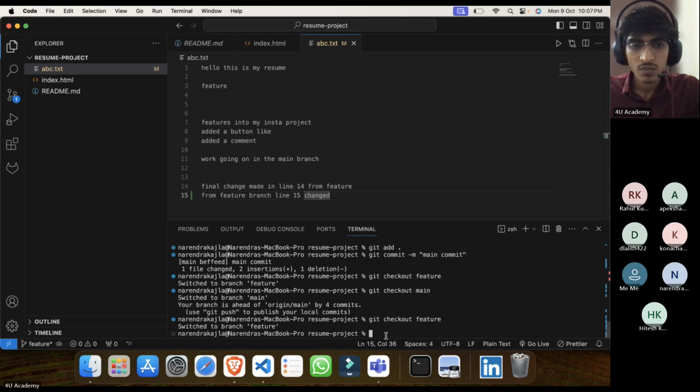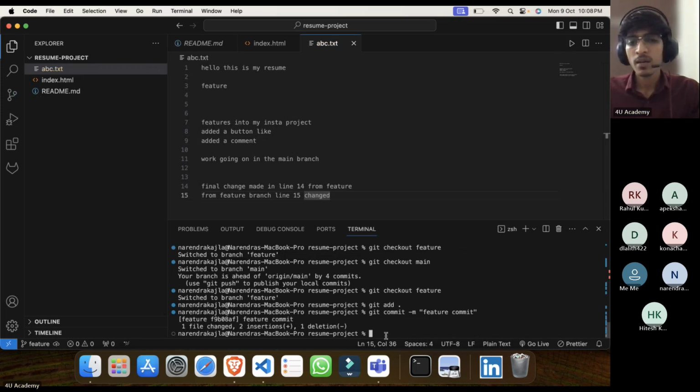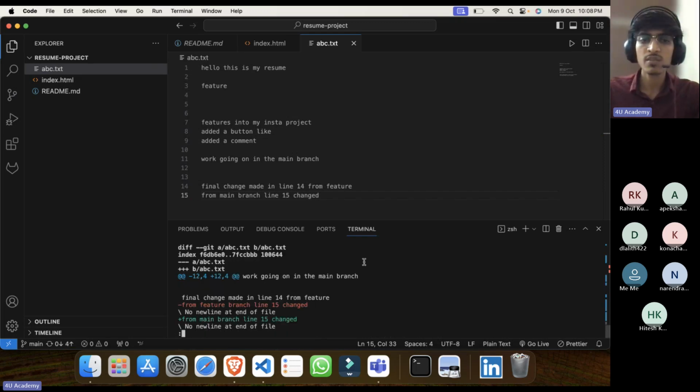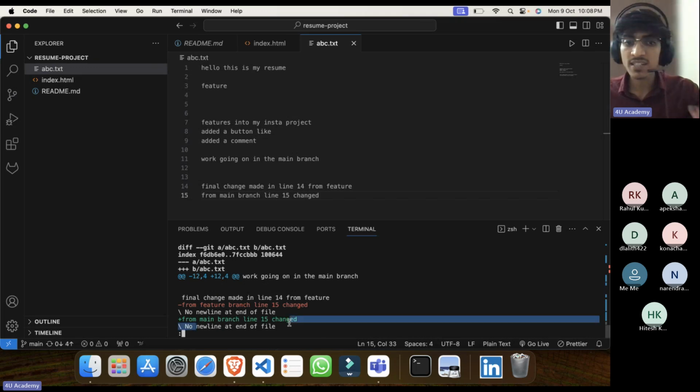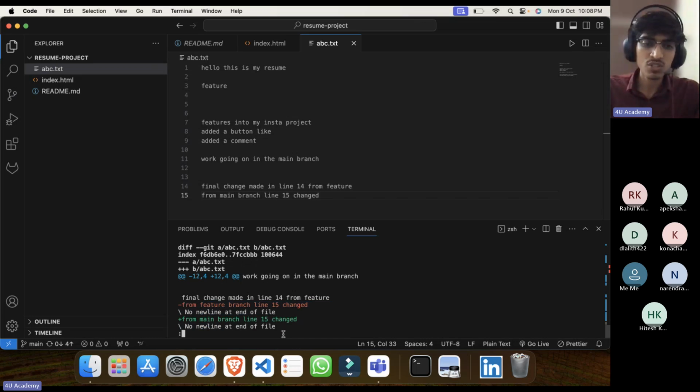First let me commit, because only after committing can we merge. Feature commit. Cool, you see, commits are already done. Now let me do git checkout main. On the main branch I have some different code, and in the feature branch I have some different code. Now let me try to merge it. I am on the main branch, so let me check the difference first. git diff feature. It tells that one line is extra from the feature and one line is less. You just need to press Q whenever it goes into the insertion mode.